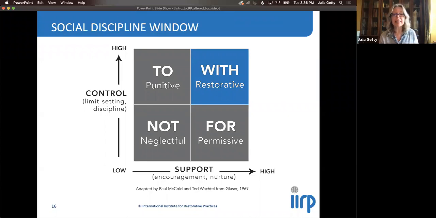So at this point, I got angry. There was one year where we were cleaning out the closet and I'm pulling things out and anything that had a tag on it, I'm like, this has a tag on it, this has a tag on it. So I pretty quickly jumped to the 2 box. I was like, I'm not buying you anything ever again, right? Which of course is not going to be true, but I was super frustrated and angry and lashing out and yelling. So very much in the 2 box. So then I realized that I needed to take more of a with approach.